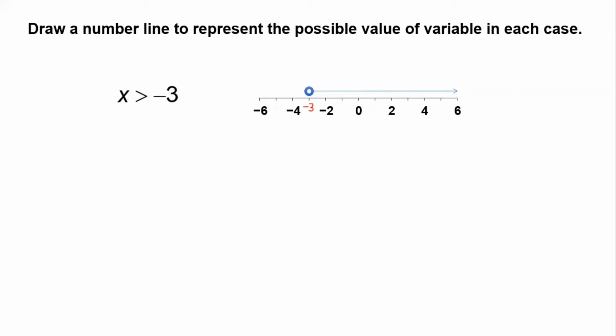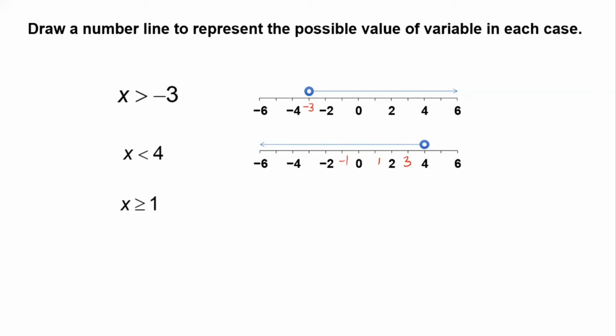Okay, next we move on to x is less than 4. Again, we draw the number line. What will we draw here, an open circle or a closed one? Yes, an open circle at 4. And all the values which are less than 4. So x is going to take the values, 4 will not be taken, so 3, 2, 1, 0, minus 1, and so on are the values which x will be taking. Okay.